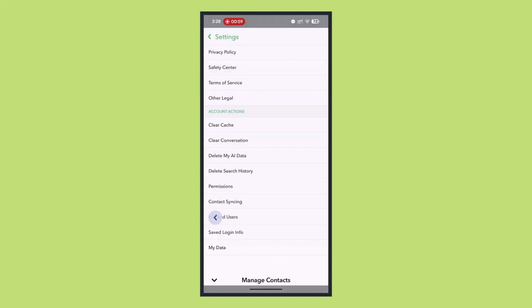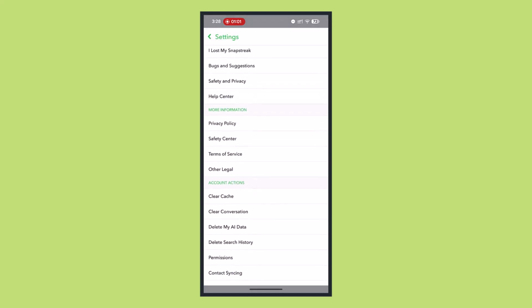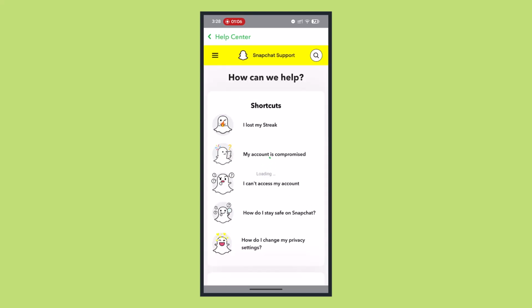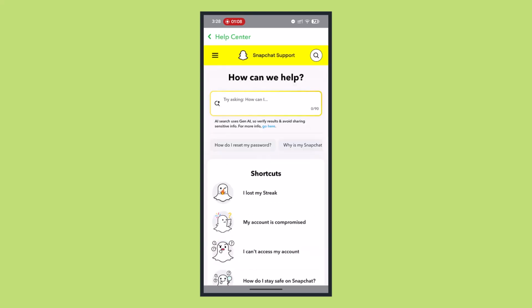When you go to contact, you just want to make sure to submit a request stating that you're unable to recover your restore and all that stuff. And this way you're supposed to fix or recover your Snapchat